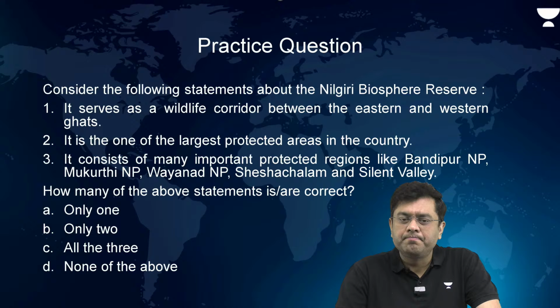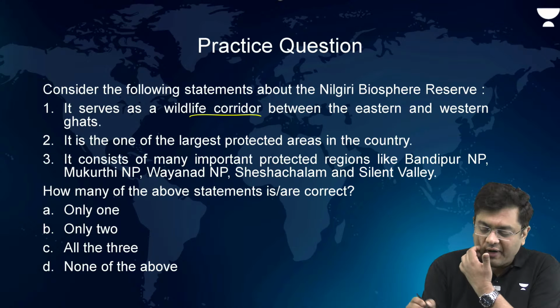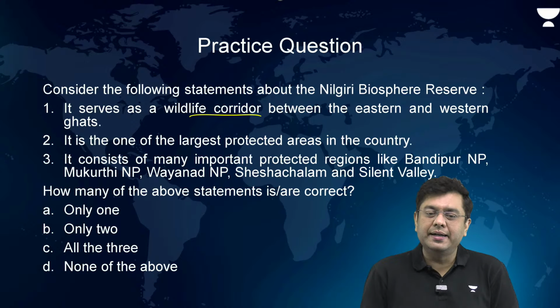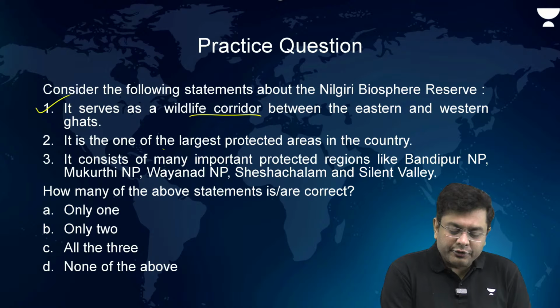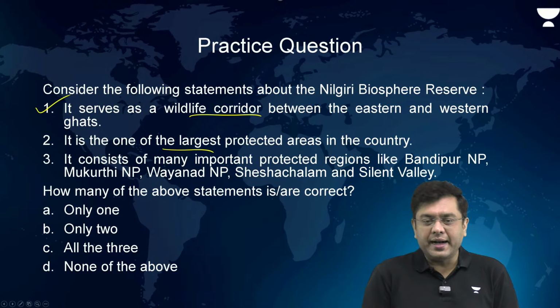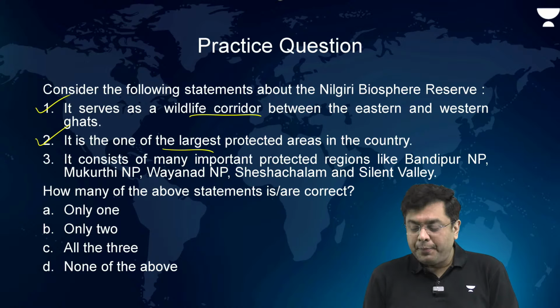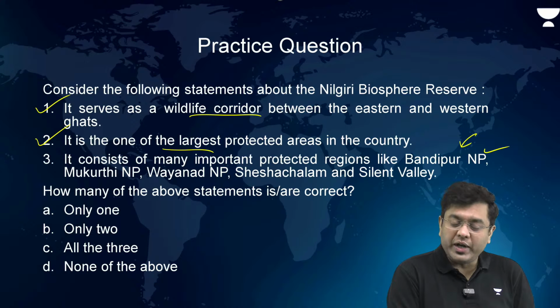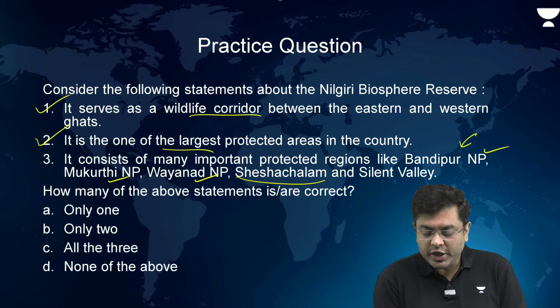Very good. So the first statement, it serves as the wildlife corridor between the eastern and the western Ghats. It is correct. It is one of the largest protected areas in the country. That is also correct. It consists of many important protected regions like Bandipur, correct. Mukurthi, correct. Wayanad, correct. Sheshachalam,